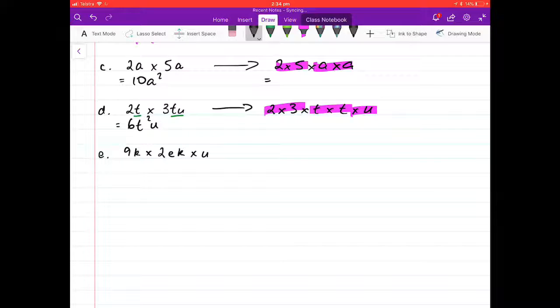Okay. Last one, so again, they're getting a little bit harder. We've got 3 terms here with this one, and same again. All right, if you want to, and you won't have to do this forever, we can look at our pronumerals first, 9 times 2, so that takes care of them too. Then we can go times k, so that's those, times e, that's that one, and then we can multiply by u on the end. Okay, as we get more and more terms, it might pay just to tick them off